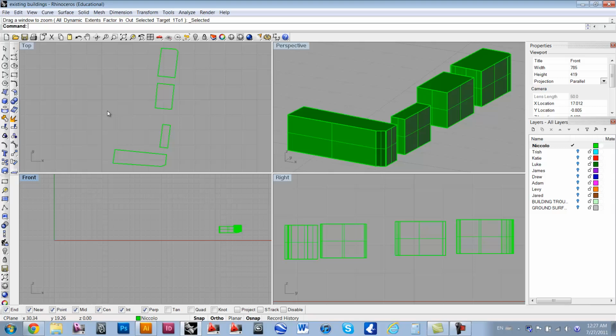You want to make sure that your snap and your ortho are on. Ortho will help you make straight lines. Snap will make it easy to select things. So you're going to type in line and then type in 0, 0 to make sure it's on that 0